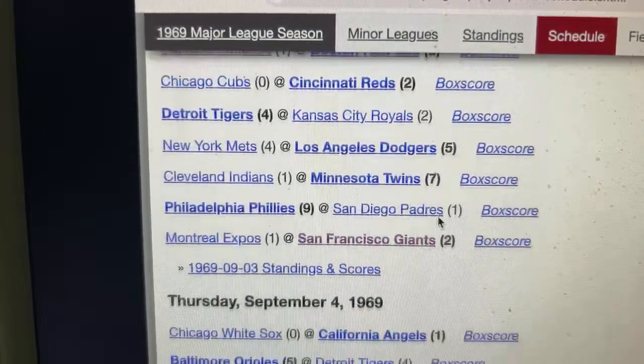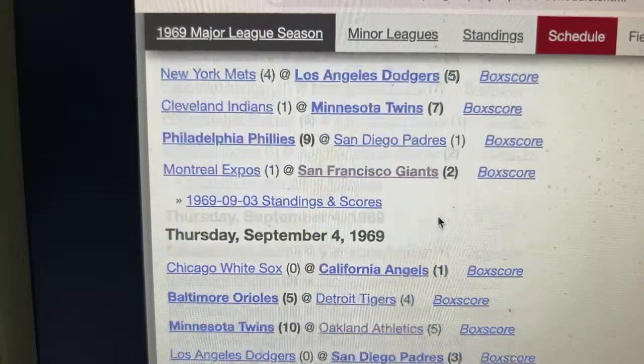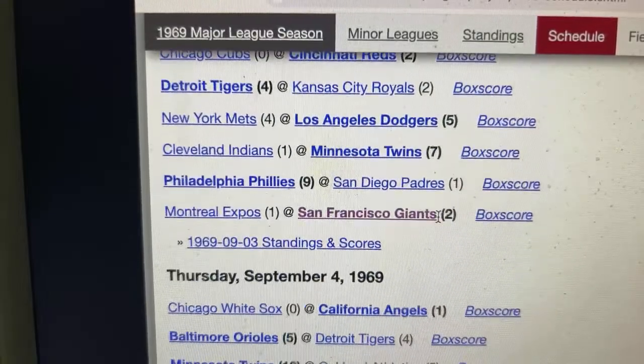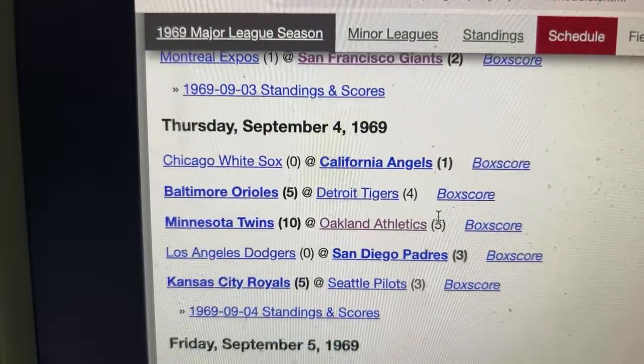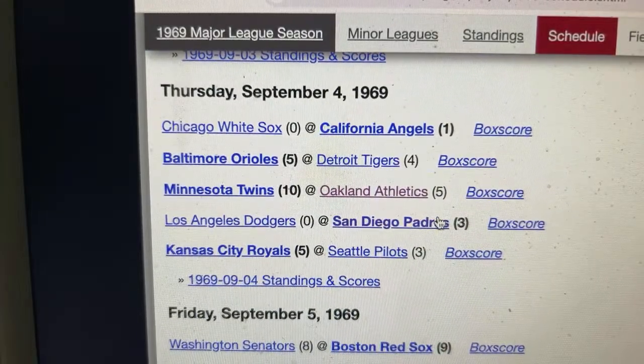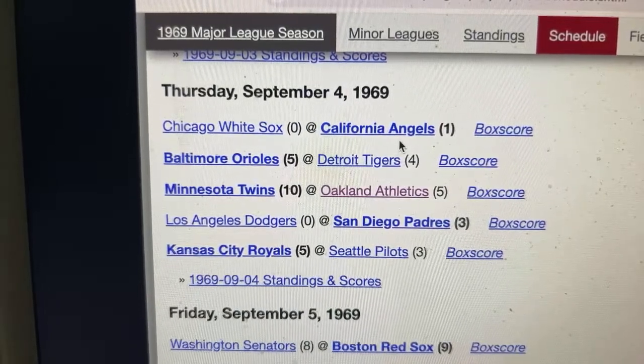And you can see that after that, when we hit September 4th, that's pretty much a travel day for most teams, but you can see now we're having intra-division play again. And that'll take us to the end of the season. East plays East, West plays West. And none of these games really matter much. It's basically an off day.